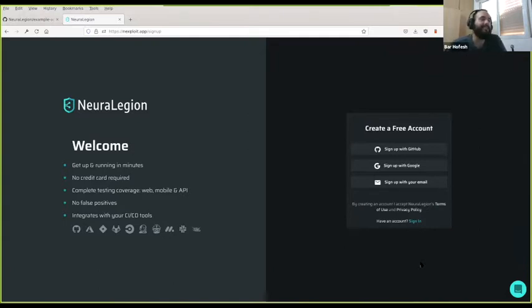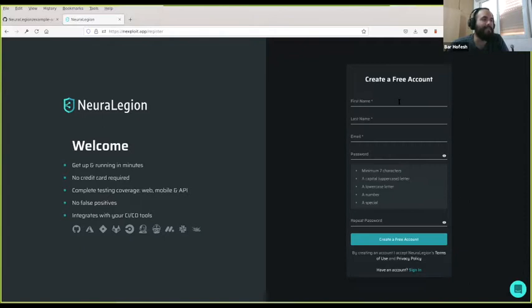You can either click on sign up with GitHub, or sign up with Google, or sign up with your email. Now, because I'm doing those all the time, basically, I'm going to sign up with my email, because that's my only option to actually sign up, because I finished all of my other options. And I'm going to